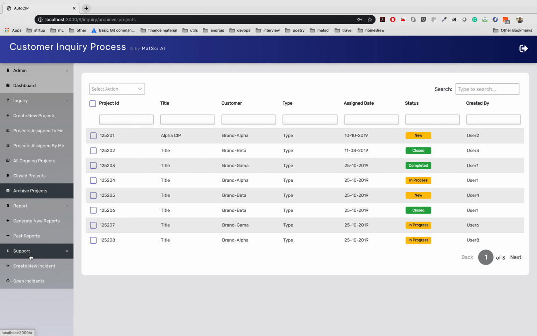And support will have two functionalities. First, user knowledge details, so that it will save the whole KT time for a new employee. He can directly log into the system, can go through the documents and the tutorial and the video tutorials to learn how these systems can be used, and can learn about the customer inquiry process. It will save the KT time. And the other thing is, if you need any maintenance and support kind of thing, and if there is any issue with the system, then you can directly create an incident from here.